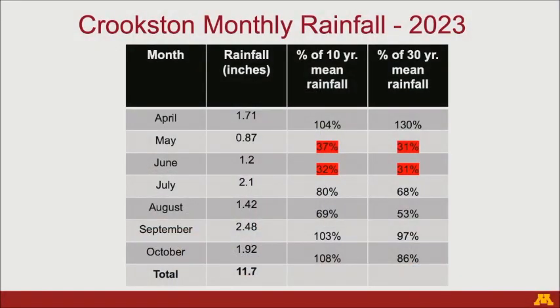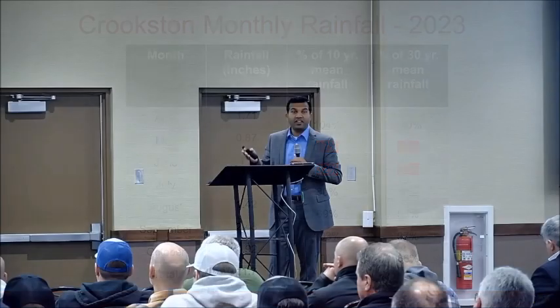So before I show the data, I think some of the weather pattern that we saw in Crookston, because we inoculated these trials for rhizoctonia, April was fine. And then in May and June, look at that 0.87 and 1.2. It was extremely dry these 2 months. Then the rest of the season was more or less normal. But again, the conditions were really not conducive for developing rhizoctonia in 2023. As we see some of the data, you will understand here, right?